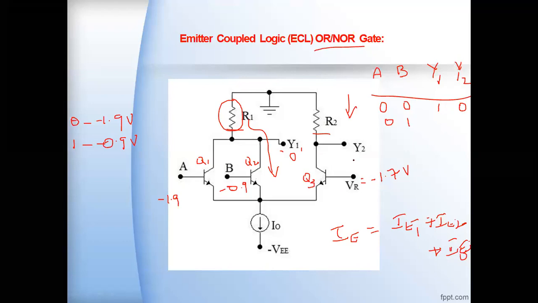Okay, and what about the Y1? It takes the less current, and the Y2 is the logic 1 here, because the voltage drop is less, and the less voltage drop will be viewed as the logic 1. So now what are the output states here for the 0, 1? The Y1 is at 0 and the Y2 is at 1 here. So now you can understand that the circuit is producing the OR and NOR functions.